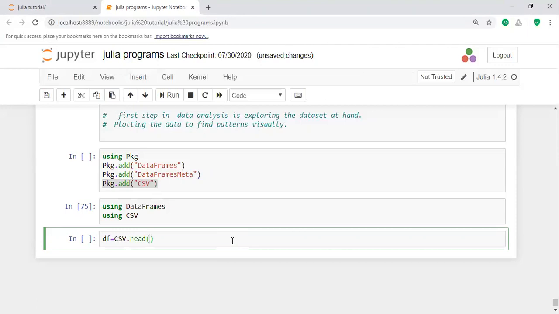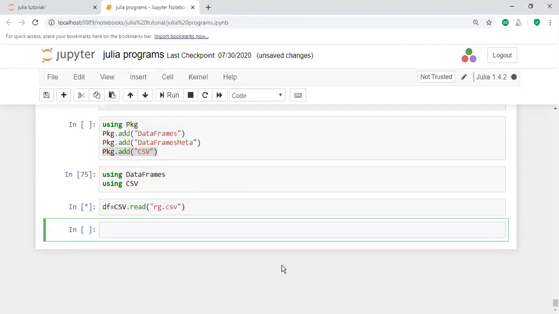Here df equals DataFrame, and then CSV.File, and then you write the file name. I already have the file rg.csv. This rg.csv file consists of different elements. One is ID, the other one is